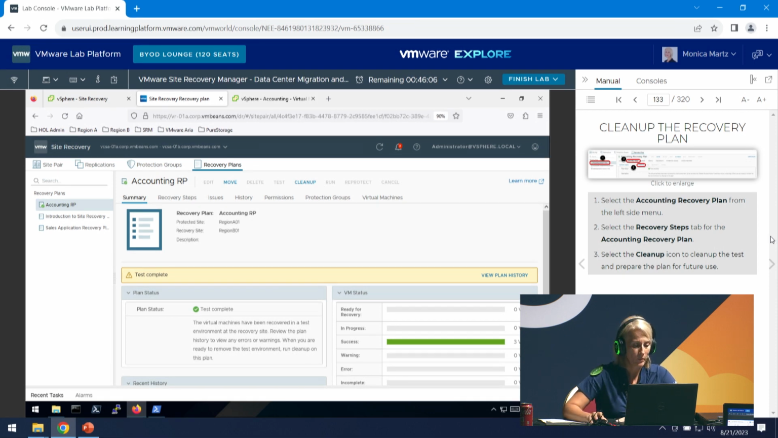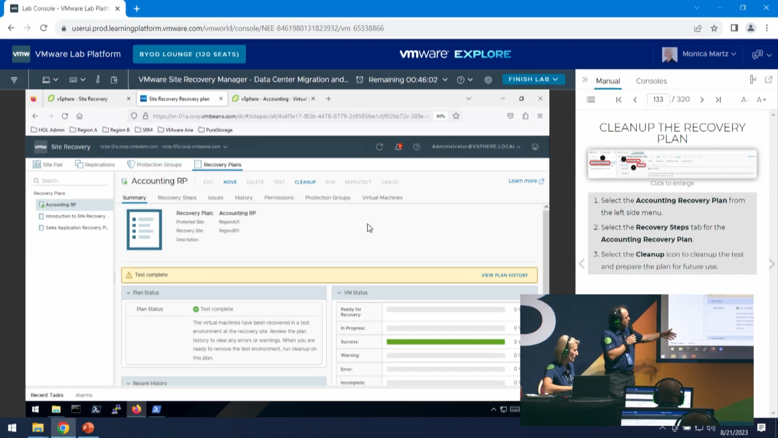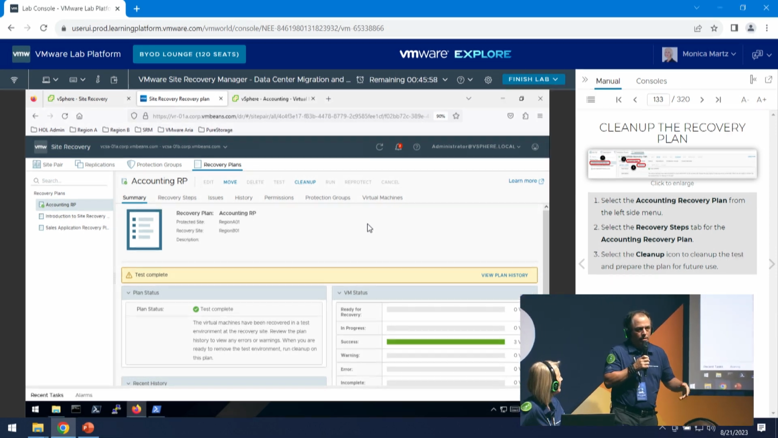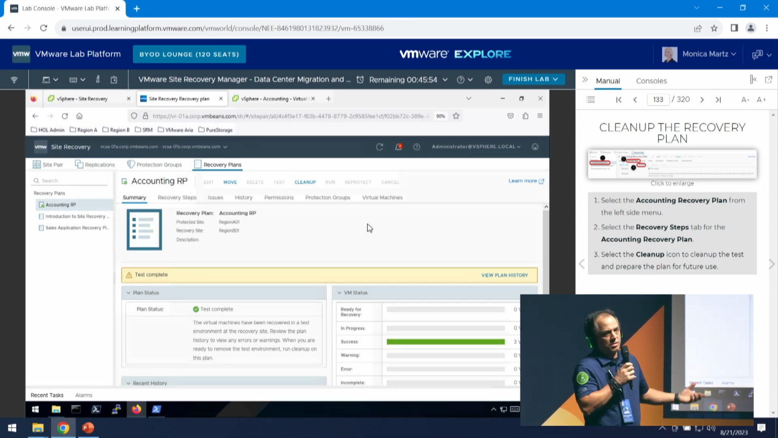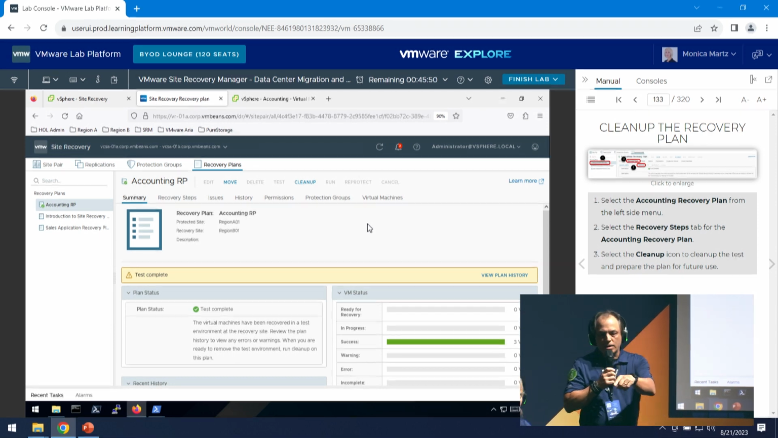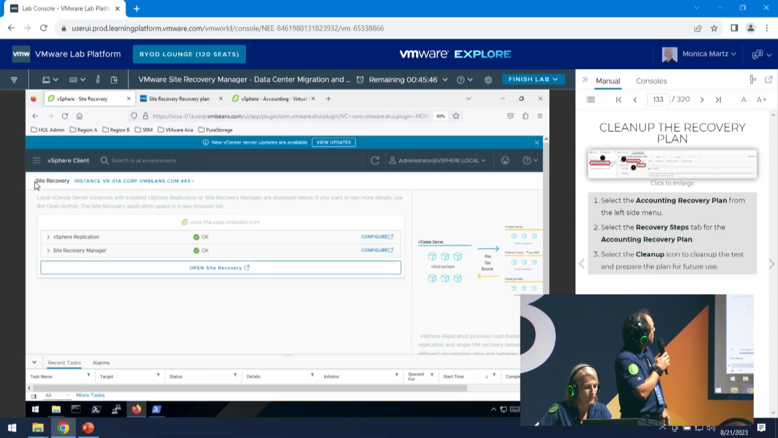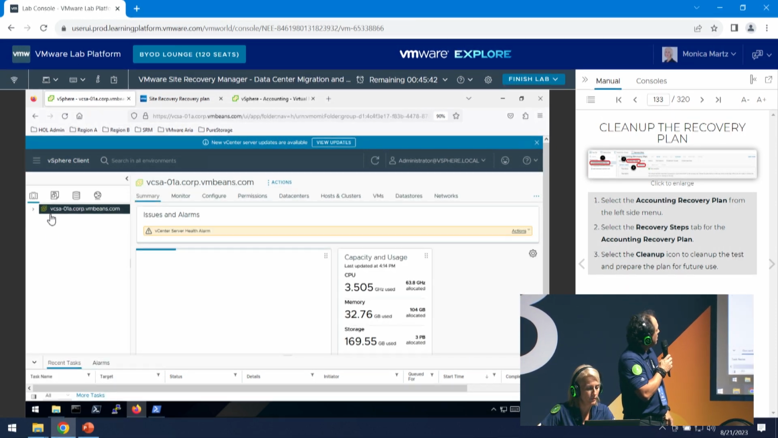So Monica was talking about how this is a test, and it showed you the difference in the state of the VMs now at the recovery site, how the placeholders are now powered on, and they're the actual recovered VMs. This is the test mode within Site Recovery Manager. If you go to the production vCenter and show the VMs there on the A side, you will see